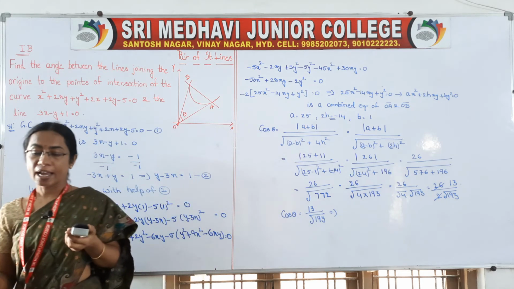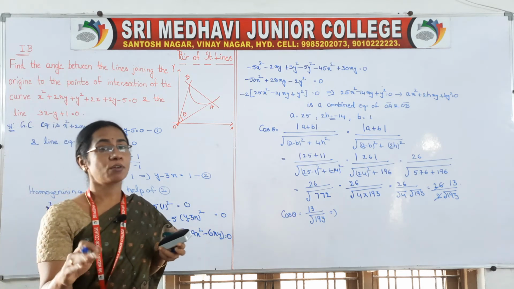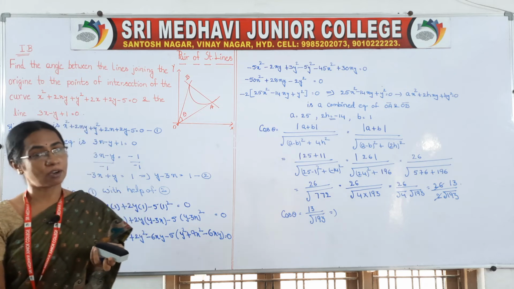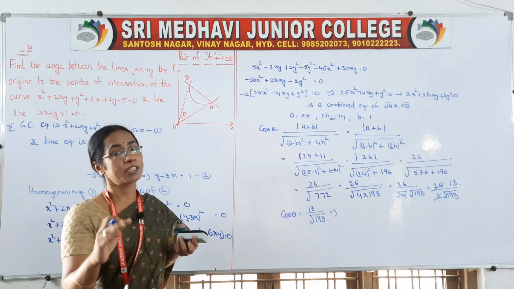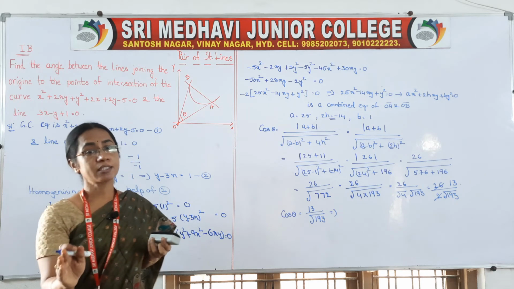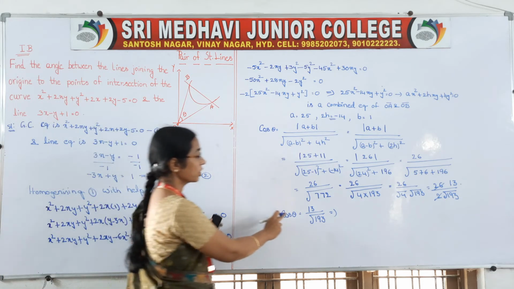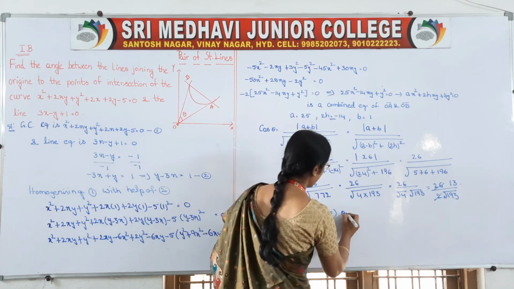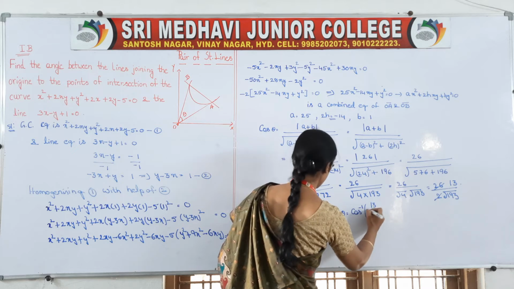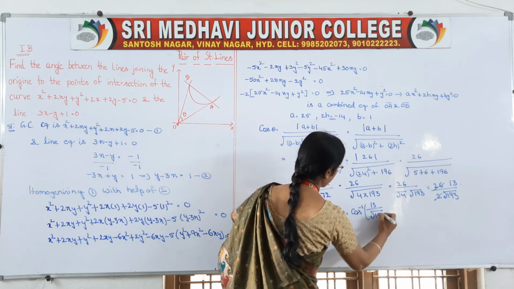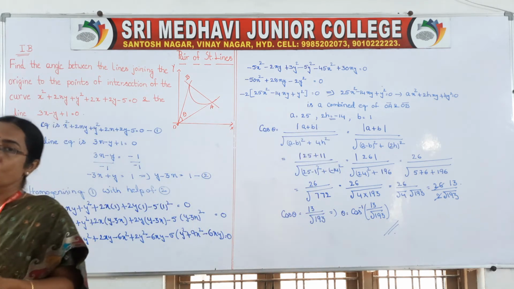Question is to find the angle. I said so many times, angle means only theta, not tan theta, not cos theta. Formulas can be in terms of tan theta, formulas can be in terms of cos theta. But after getting tan theta or cos theta, you have to send tan or cos to the other side. Finally, angle means theta only. Okay, so here we should get only theta. So theta is equal to, send cos to that side, cos inverse of 13 by root 193. So that is the angle between OA and OB.